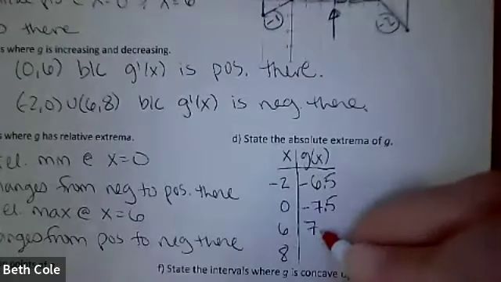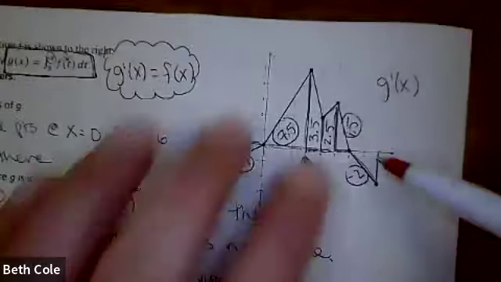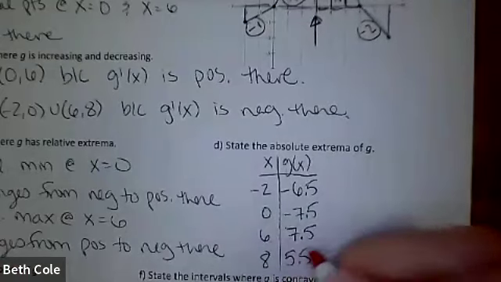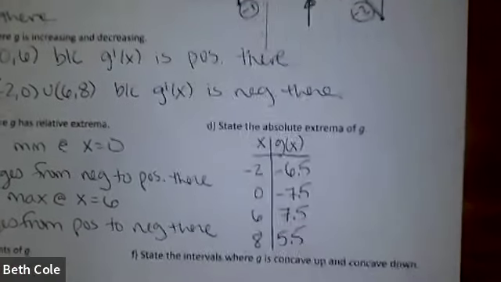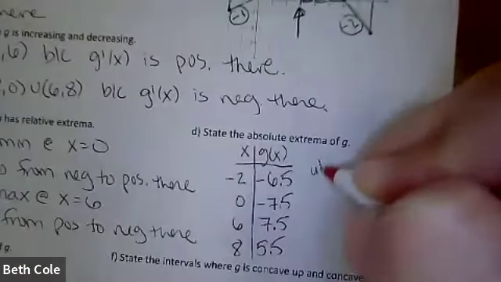7.5. Okay, good. I had to just double check myself there. And then 8, you're going to go from 3 to 8. Well, we just said this is 7.5 and then subtract 2. So beautiful. Your justification is the table. So you don't have to write a sentence, but you do have to state the answer. Like you don't have to put because, but you have to say which one's the biggest and which one's the smallest. So the absolute maximum,